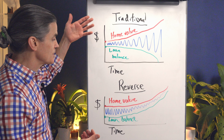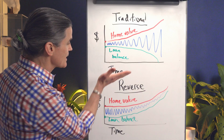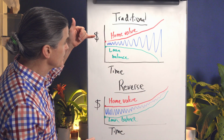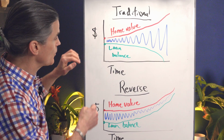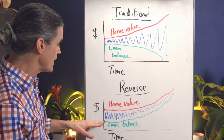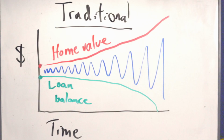We have a traditional mortgage on top and a reverse mortgage below, with this axis being money and this axis being time. If we look at the traditional balance, notice that the equity starts out quite small at the beginning because the loan balance is relatively high at that $400,000 level, whereas the balance on the reverse mortgage is relatively low at that $200,000 level, and the equity portion